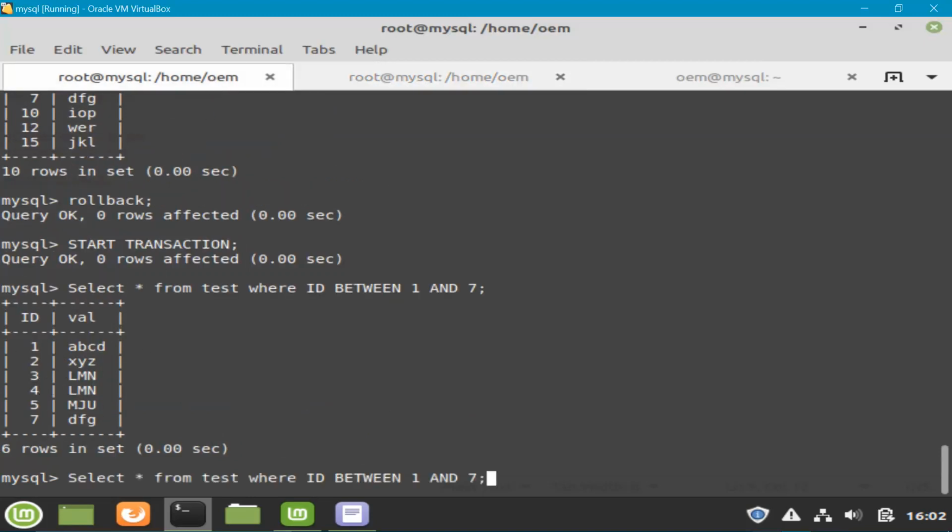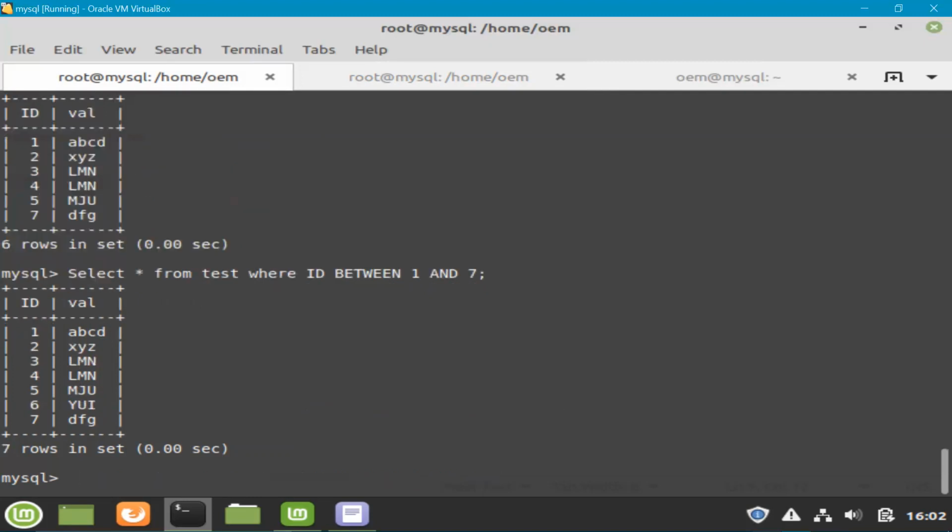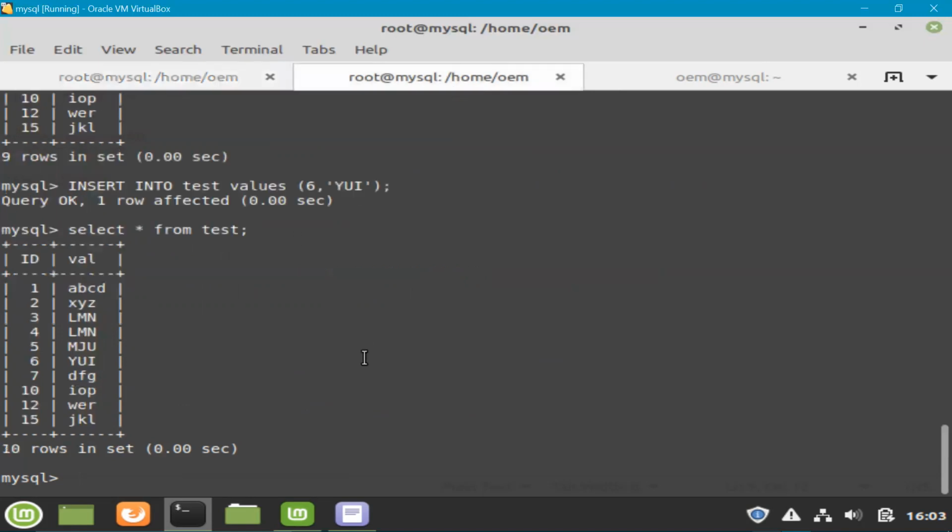So this record has been inserted, and you can see the new record here, which is 6, which was not there earlier. But what if I run the same select statement again? This time you can see ID 6 as well. So under the same transaction, you have run the same select statement twice, and you have got two different result sets. Okay. What if I update any value?